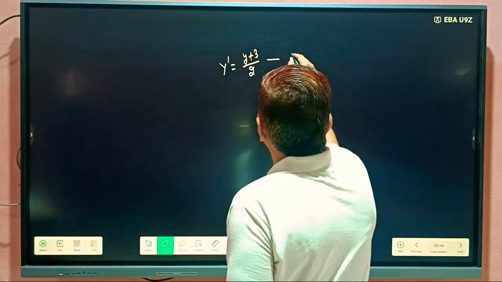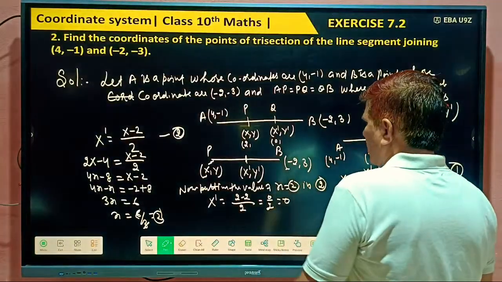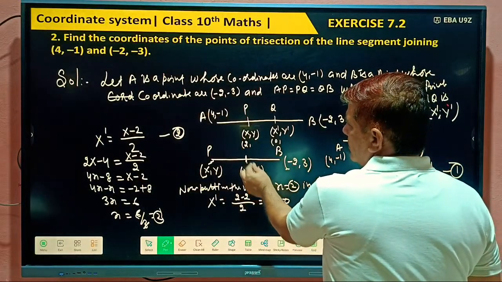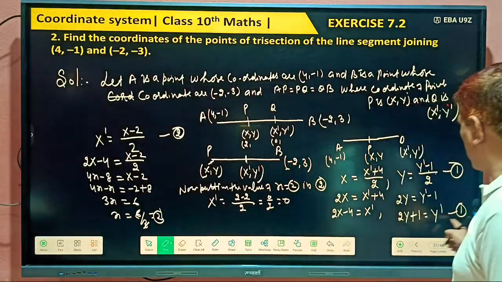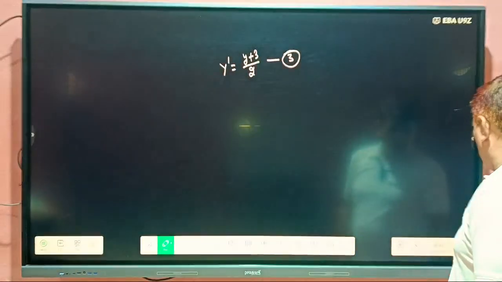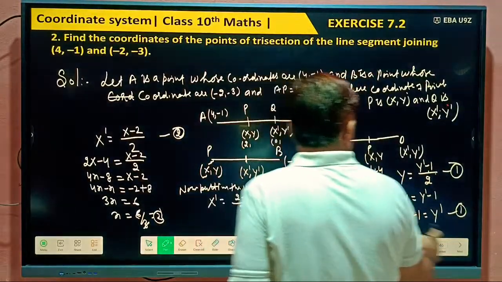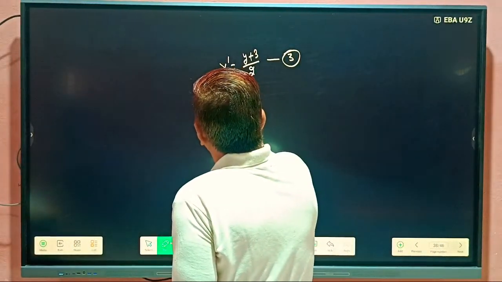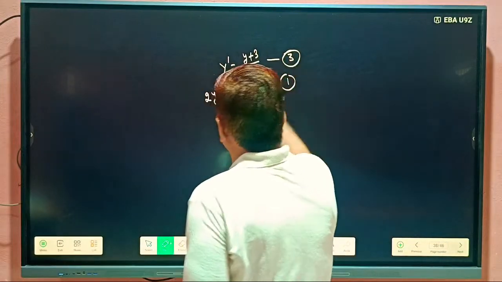This is your previous page. Again check. (y plus 3) by 2 is y dash because it is the midpoint of it. But this also check from first. From first we can say 2y plus 1 is equal to y dash. This is your first. Comparing these two,